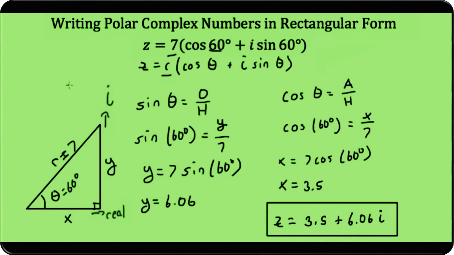Because remember, a complex number in rectangular form looks like z is equal to x plus yi, or a plus bi. Here our x is 3.5, or our a is 3.5, and our y or b value is 6.06. Just do not forget to include our i for the b or the